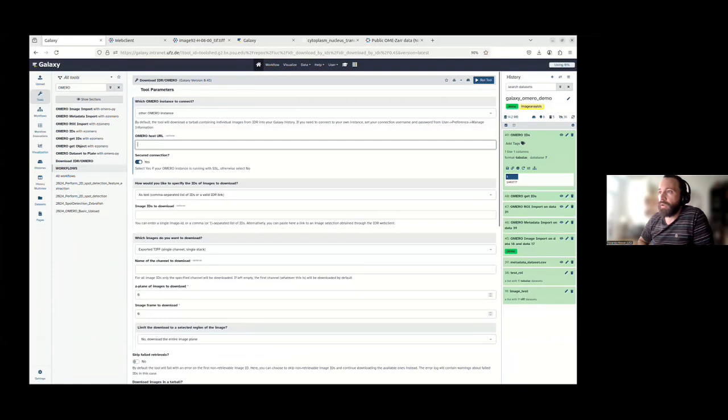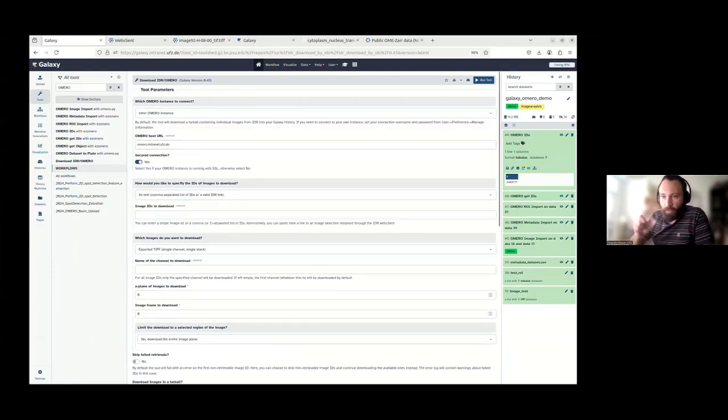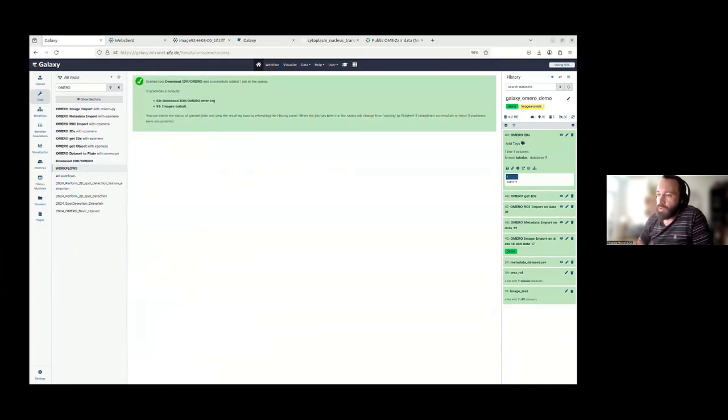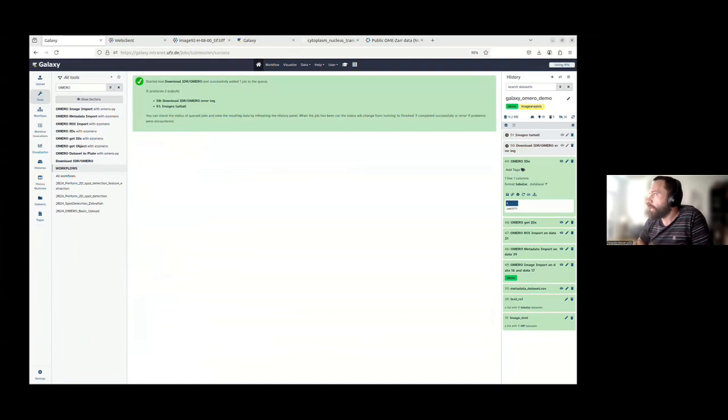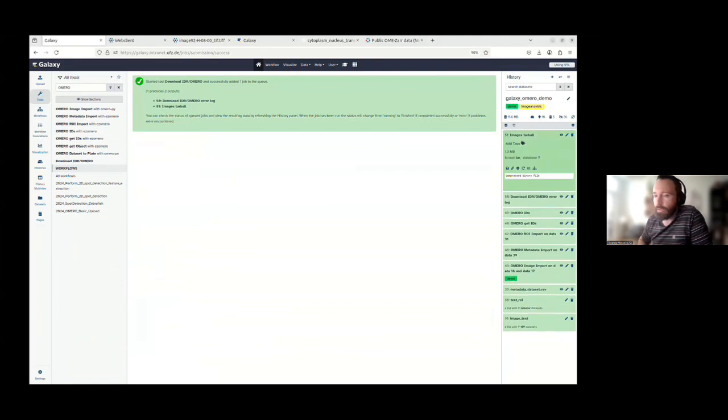So all of this is pretty powerful, because you can select a specific dataset, and you can also download the image. For example, I want to download the one that has the key value pair I showed you before. This is the ID that I can put inside, the one that I get from the Omero ID tool. I can just run this, and it will download the image as a zip file. This is nice because when you want to download many of them, you will have a zip file with many images that you can reuse in Galaxy to perform other analysis, as Leonid showed before.